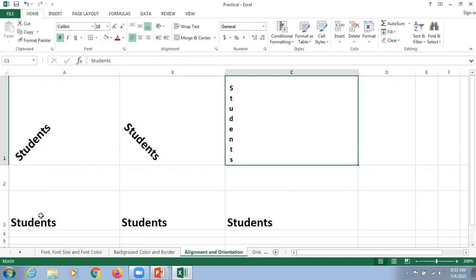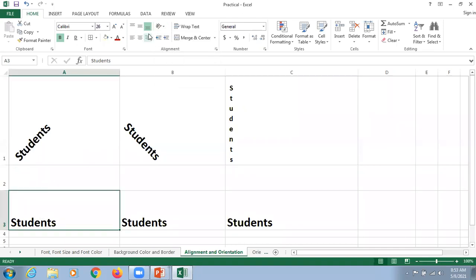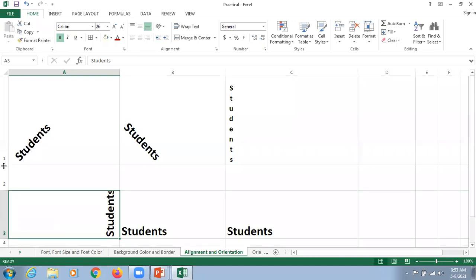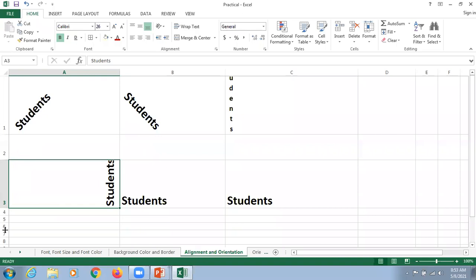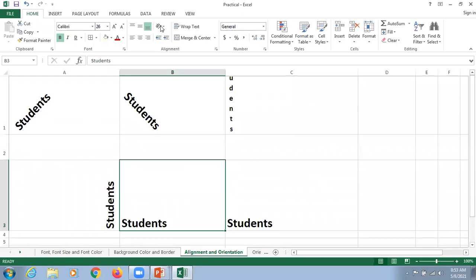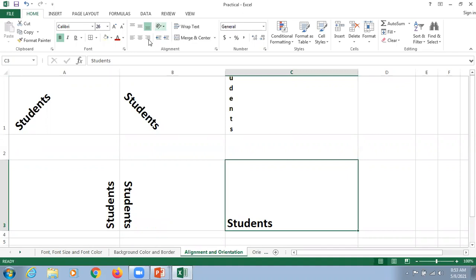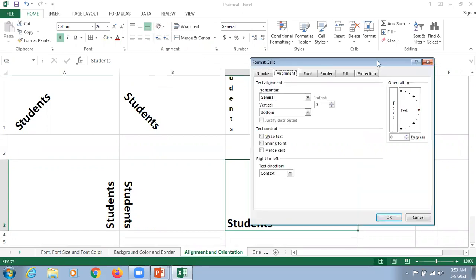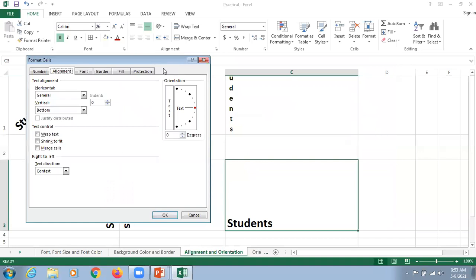So what we do next, dear students, we select that one, click here and click on rotate text up. Yes, I'm rotating the text up here. I'm just reducing the size of this one. Rotating text up; click here again, select this one and rotate text down. Yes, sir, it happens. And the last one is we can select this option, that is, format cell alignment, which is very, very important to understand.